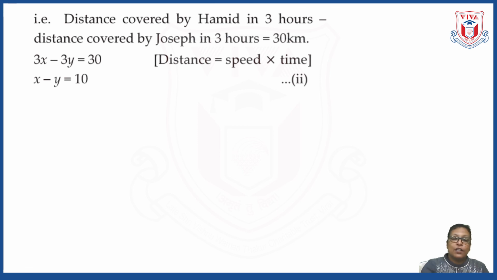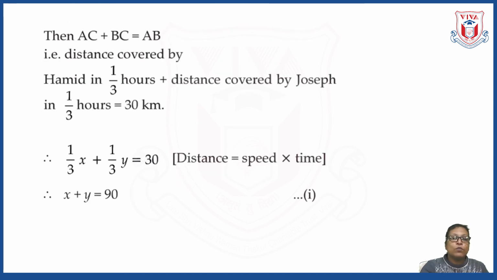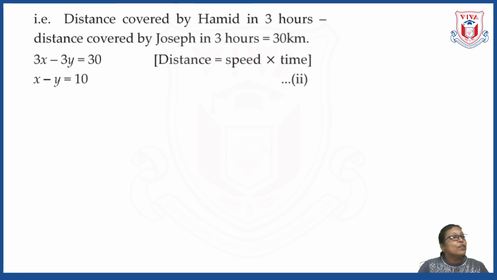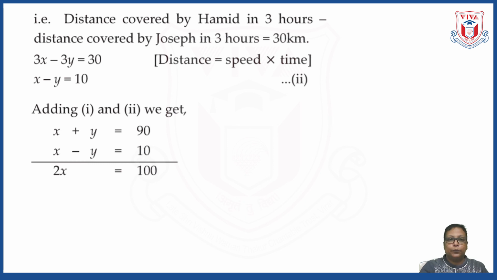So we got two simpler equations. What was the first equation? Just see, x plus y is equal to 90, and the second equation is x minus y is equal to 10. Now they are simple equations. Simply by adding them we can get the value of x, and from that we can get the value of y. So let us add equations 1 and 2. Write them one below another. x plus y is equal to 90 plus x minus y is equal to 10. So plus y and minus y cancel. x plus x is 2x. 2x is equal to 100, and from that we get x is equal to 100 divided by 2, that is 50.